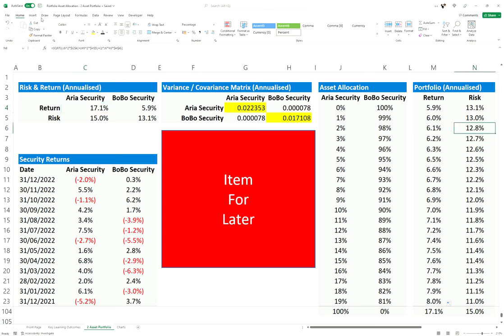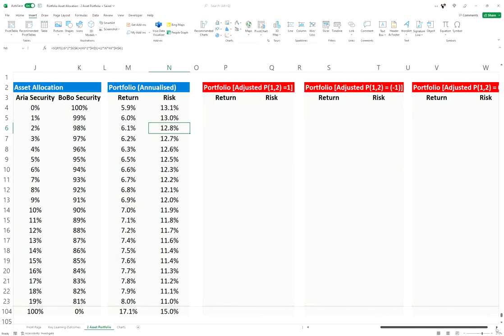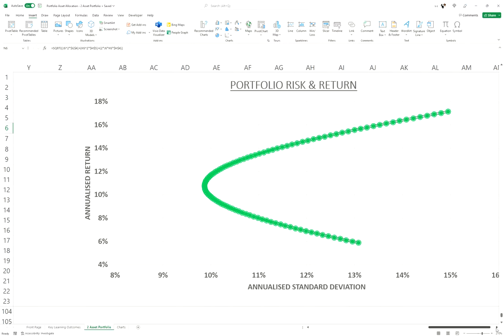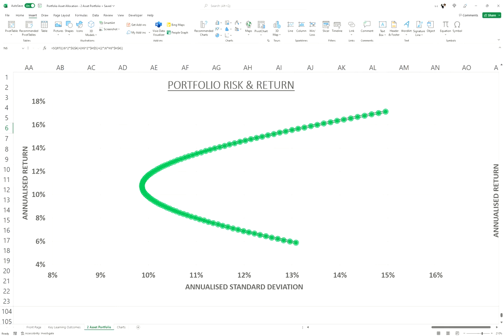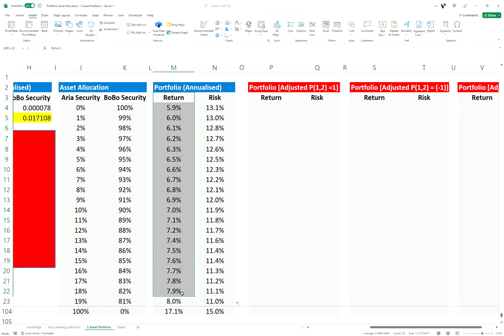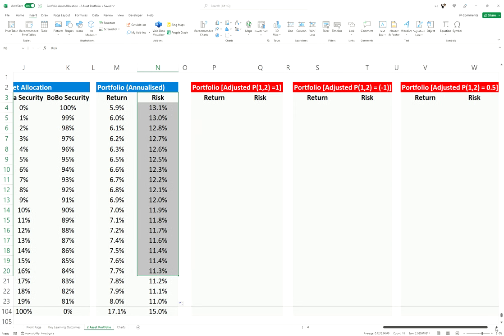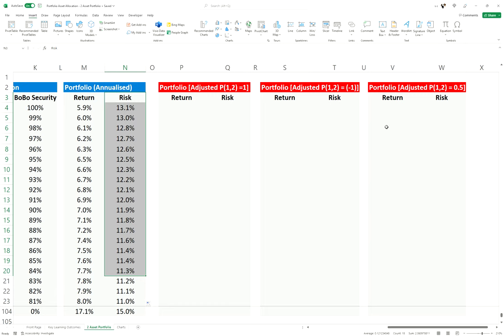Now, you're going to go Insert, and then you're going to create a scatter chart. And now what you want to do is ensure that your Y range is the returns, which is here. So select all those, make sure the Y range is the returns, and then your X range is your risk or standard deviation. And then you get, ignore this for now,